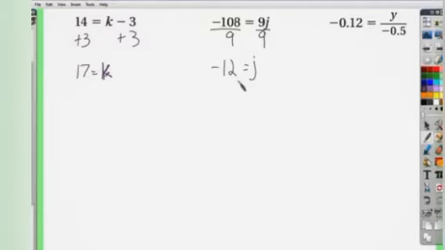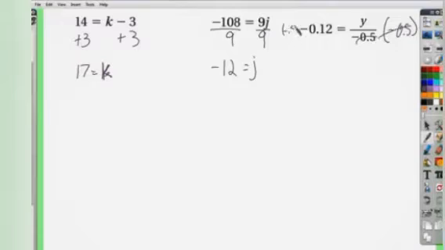Oh, I was going to do the next one. Well, I guess we're ready for that, right? Okay, what do we do? We multiply each side by negative 0.5. Anytime you multiply a fraction that has something in the denominator, you multiply by that thing that's in the denominator, you always cancel the denominator out. So multiply this by negative 0.5, and what's negative 0.5 times negative 0.12? Positive